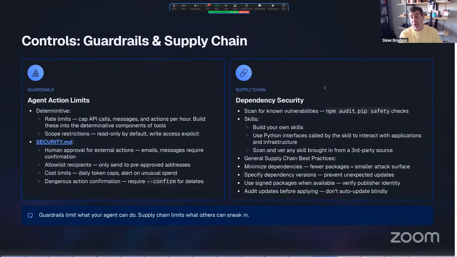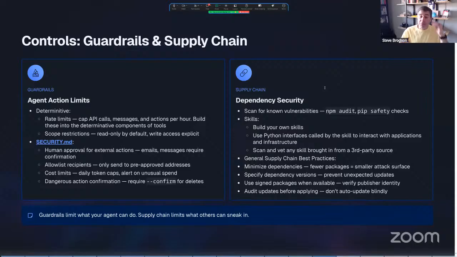So if you're using Python, pip safety, the npm audit for the npm installer. There are also very reputable open source scanners. Like, I recommend LlamaGuard, which is put out by Meta. I also recommend there's a whole suite of products put out by NVIDIA, which is probably the largest, most commonly used ones. And then general supply chain best practices, those 4 bullets down below are supposed to be indented, right?